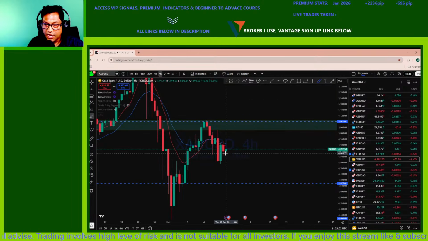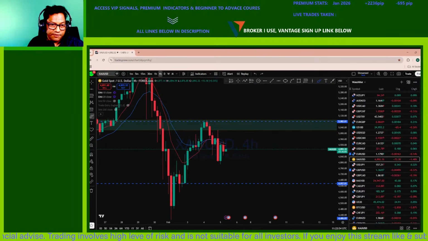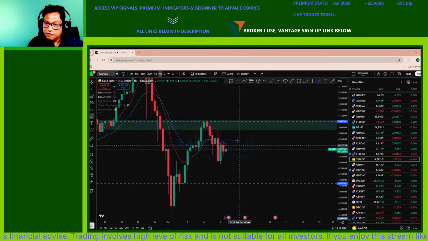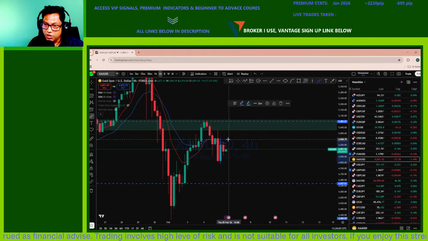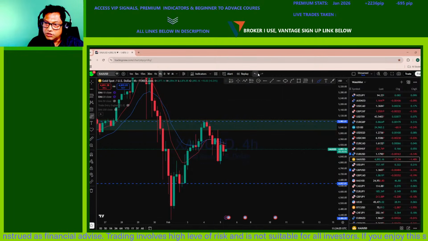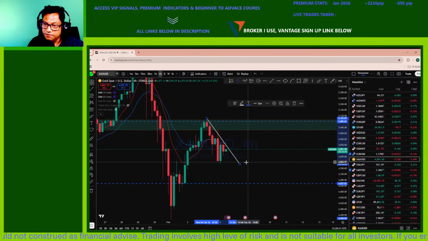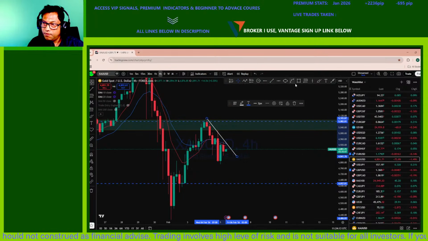At this point you can see the price in a narrow pullback, right? It's a narrow consolidation, a big red candle followed by a narrow green candle. This is a triangular narrow price action,